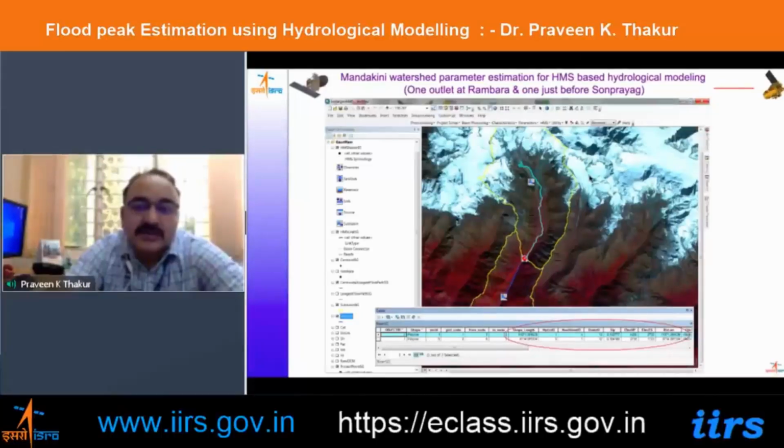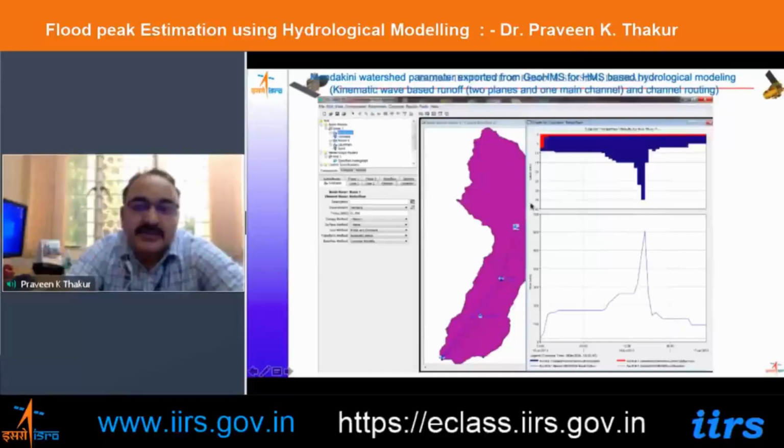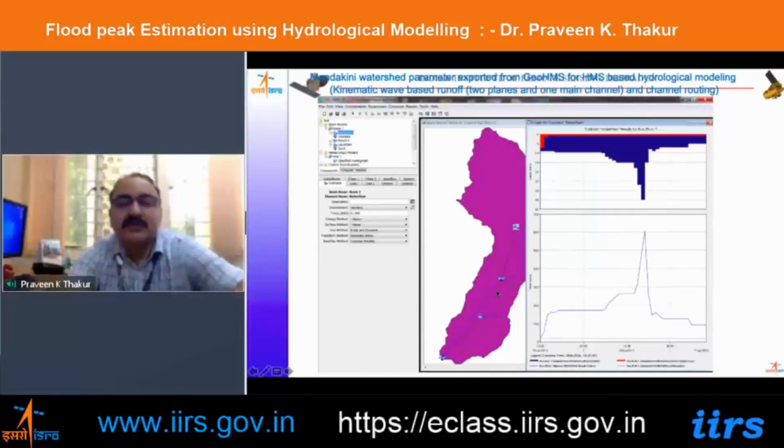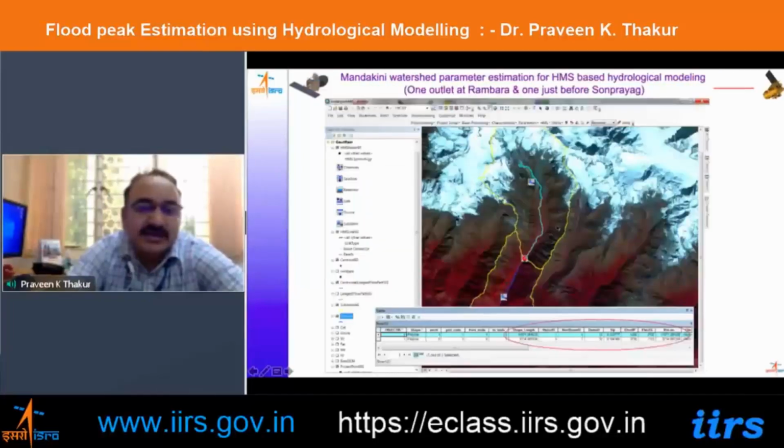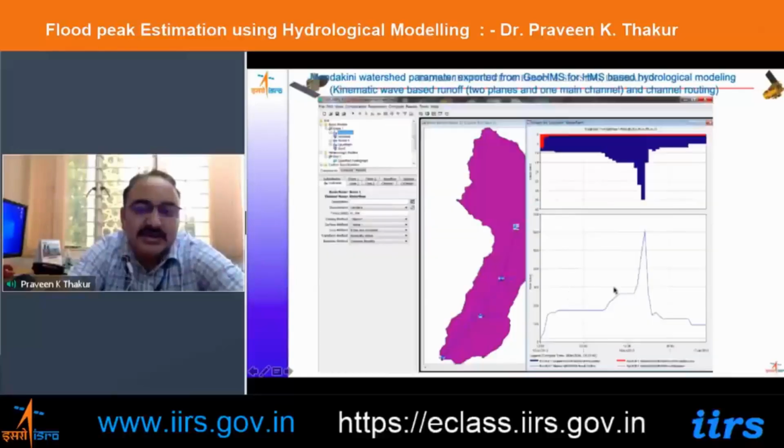This runoff volume has been generated using the kinematic wave, because this area will not give accurate results if you use the traditional SCS method. So here we make use of the kinematic wave, subdividing the catchment into two planes, one representing this side, one representing that side. The overland roughness length is low here because there is no vegetation, so very high runoff can be generated. On the 16th evening, when the main flood wave came, you can see 600 cubic meters per second of water generated